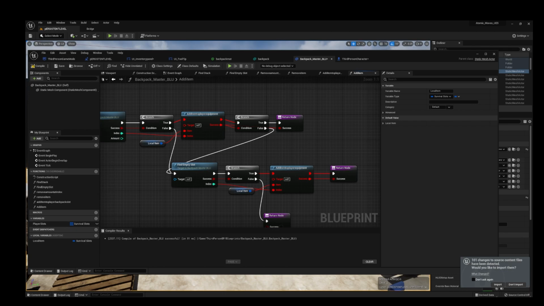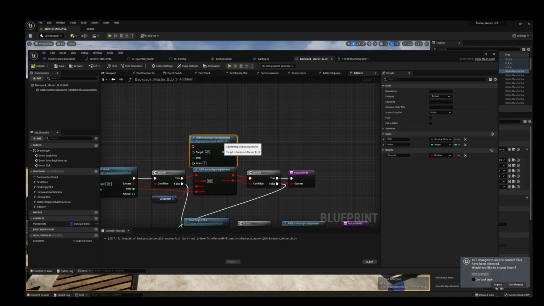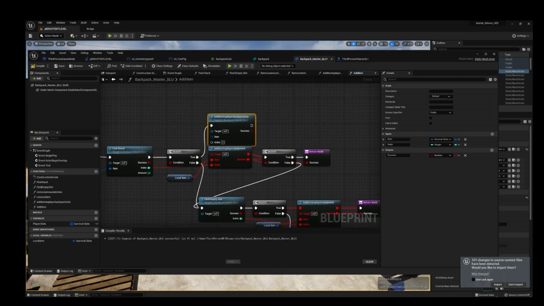So in order to fix this, we're going to go to add item to player backpack slot, bring it up here, and now we got a new function. We're going to drag this true function into add item to backpack slot, like so. And then we're going to connect all the other variables and functions into each other here. So we're going to drag up the local item into here, then drag the index into here, like so.